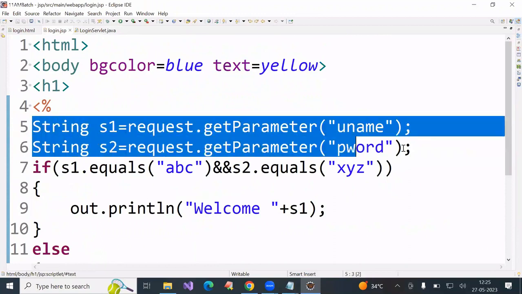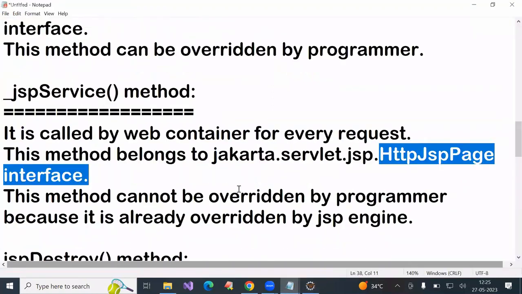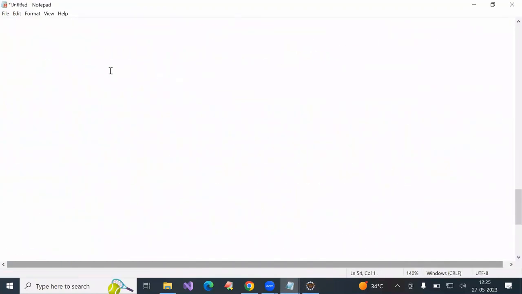Now I want to check in the database whether this username and password exist or not. For that we tried one SQL query: select * from one table, suppose uinfo,